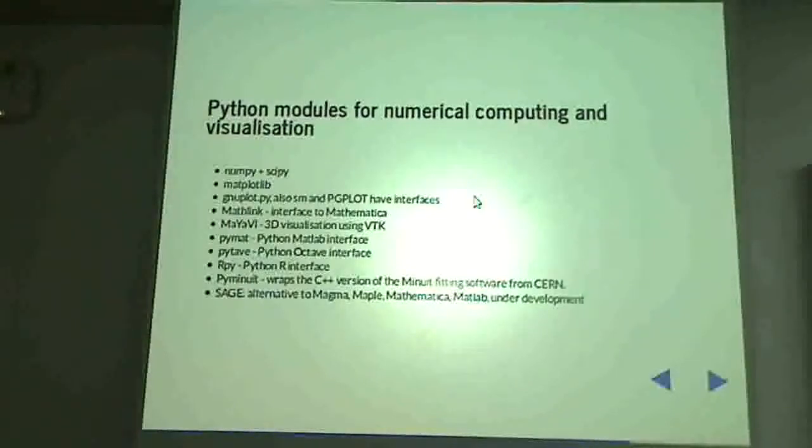Okay. Now there is a package under development, a mega package called Sage. This aims to become an alternative to Magma, Maple, Mathematica, and MATLAB all at one go. It's under development. I have not used it in recent times, but I hear that it is improving. But this is a very, very high goal to set, that you are trying to basically wipe out all the big commercial vendors of mathematical software. So I don't know whether that will happen or not, but this is something worth looking at.